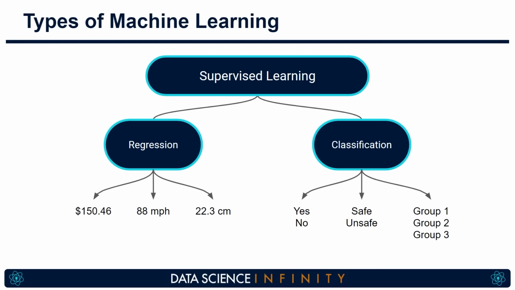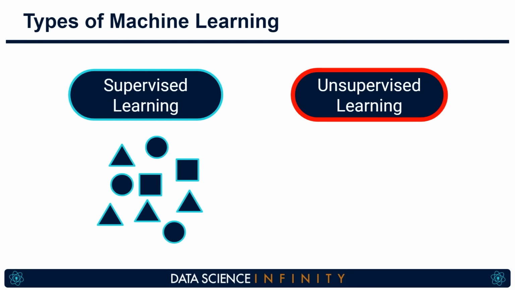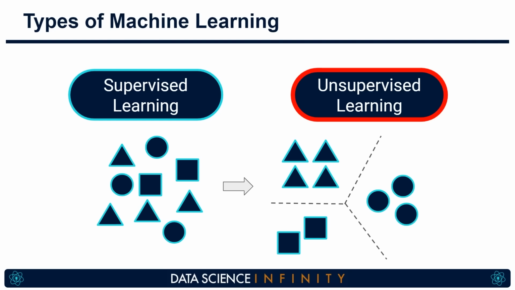Right, so that is a little bit about supervised learning. Let's now take a look at unsupervised learning. And here we find ourselves in a different situation. In supervised learning, we just saw how we had both input data and output data or labels. Well, in unsupervised learning, the data is essentially unlabeled. And what I mean by that is we really just have input data. We don't have some other output variable that we're looking to predict or to classify. Instead, the goal in unsupervised learning is to find structure and patterns within our data.